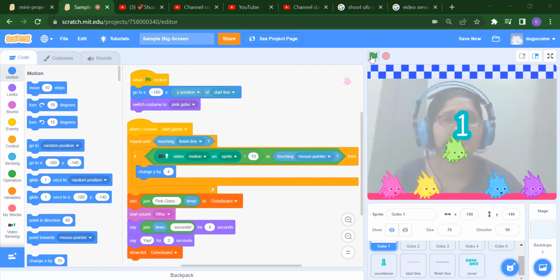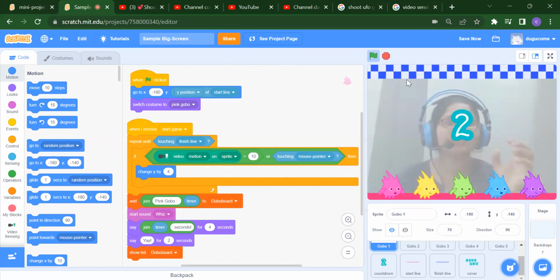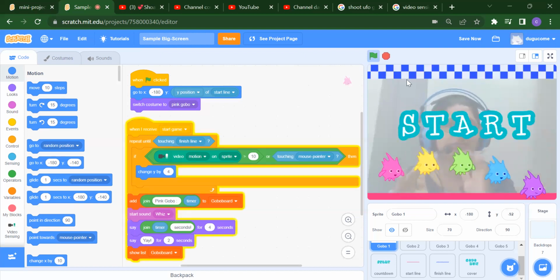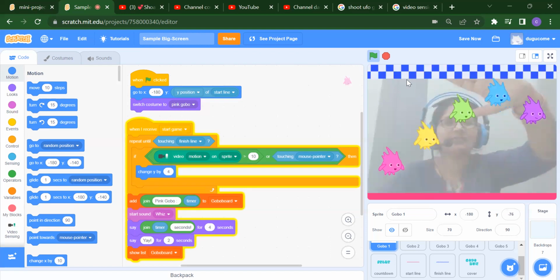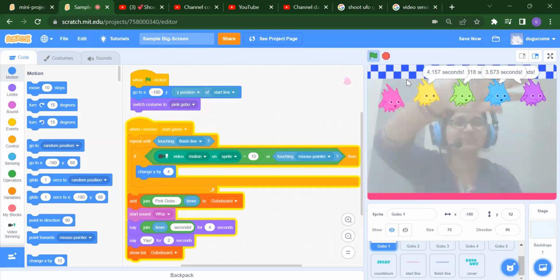Okay, so we need to just click on this flag and we have to just wave our hand, means we have to give some motion here. See, so this is like a timer. 3, 2, 1. See, once you will give the motion,